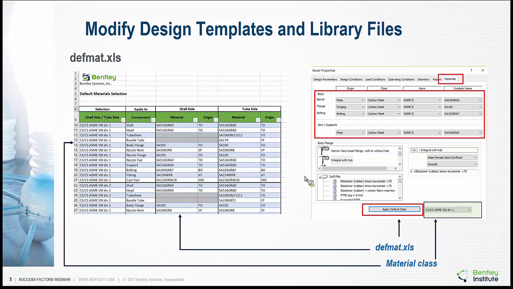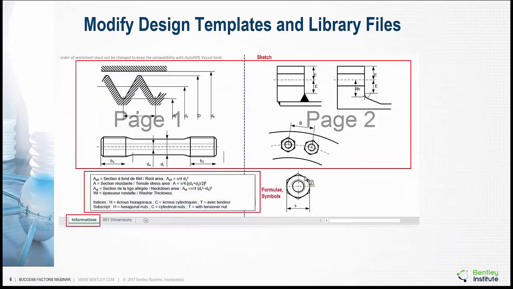As you see, the shell material is SA516 grade 60, but you can change it to 516 grade 70 or any other grade that you commonly use. So that's how to change the defmat.xls file, and that's how it affects the material database. There are examples here that I have taken from a few of the template files. This shows your thread